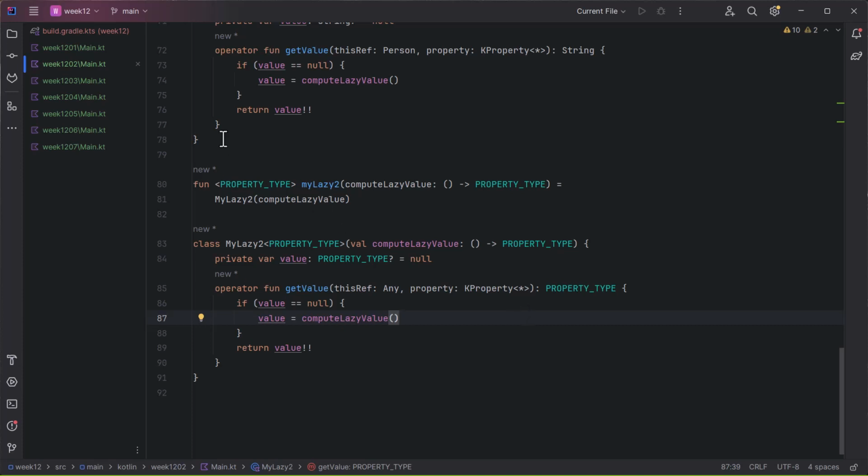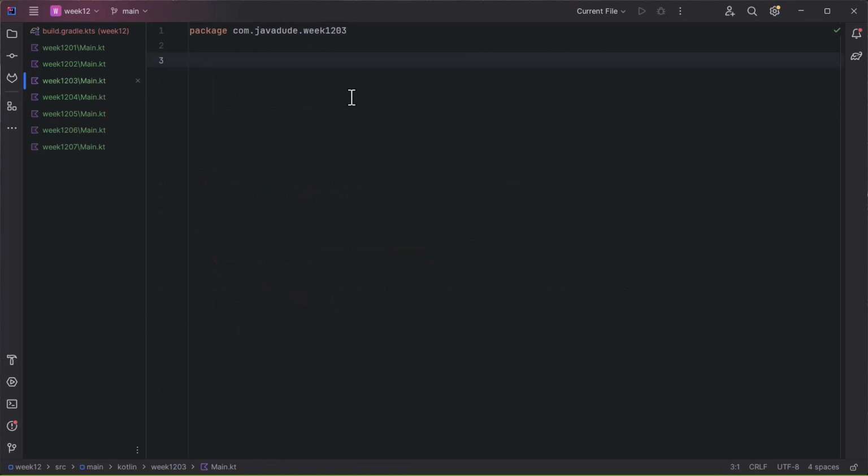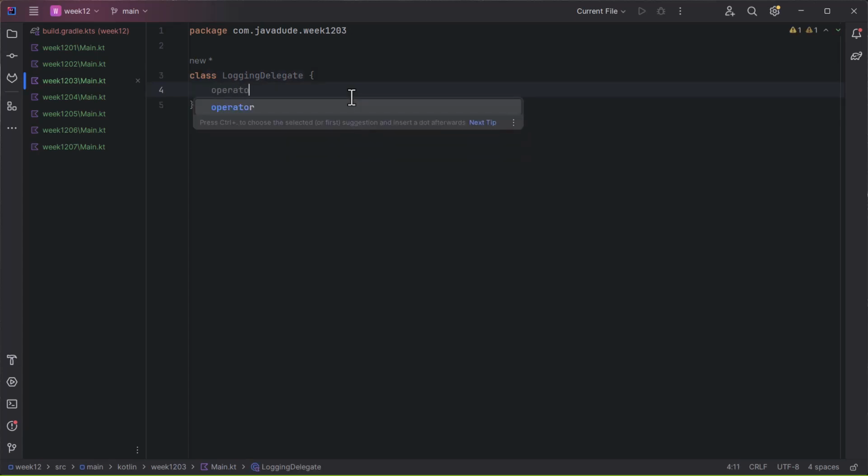So let's go ahead and create a new one over here. We'll say logging delegate. And then in there we'll have our operator fun get value with a thisref any and a